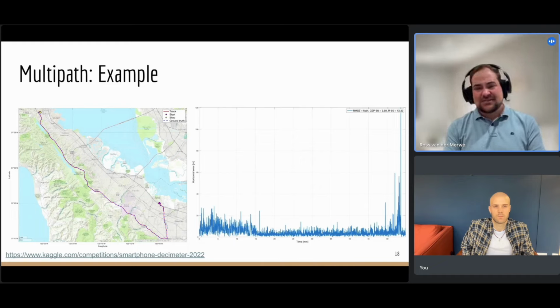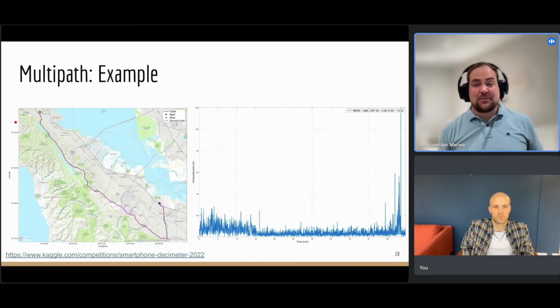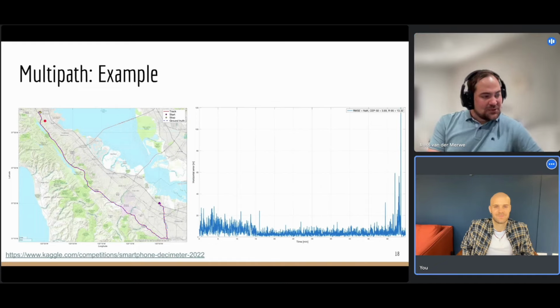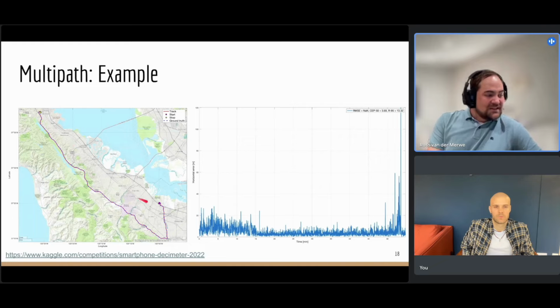Like, it's fantastic. There's a lot of resources, a lot of people helping out, and a lot of data to play with, especially if you're coming from ML and you need a database for reasons. Great place to look at. So what you'll see here is a route in San Francisco. They start at the bottom between big buildings, then get onto the highway, and then end again in some bigger buildings. Now, if you're looking on the right side, I'm looking at my horizontal error.